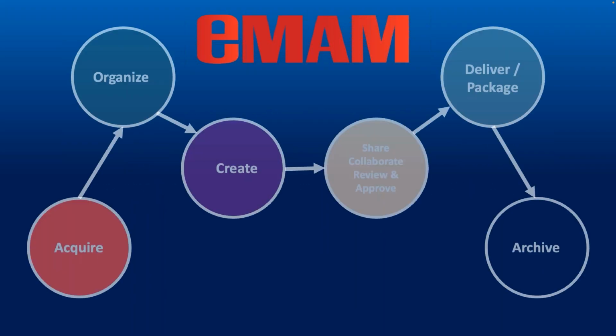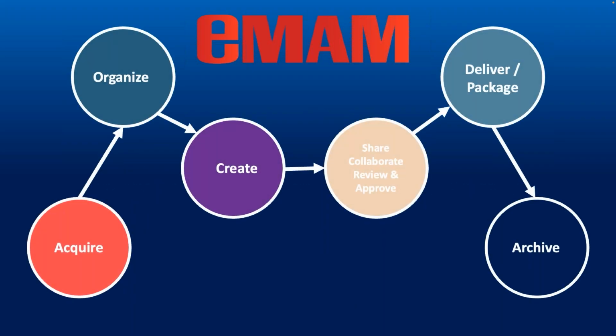So first off, just to give you a background, if you're not familiar with eMAM, we are a media asset management system. We acquire media, basically files, camera cards, live encodes, live records, and so on. We can bring that in. We organize the content in what we call categories, and then set permission levels based on the categories, and of course also user groups, and with permissions, then how they can access the media,